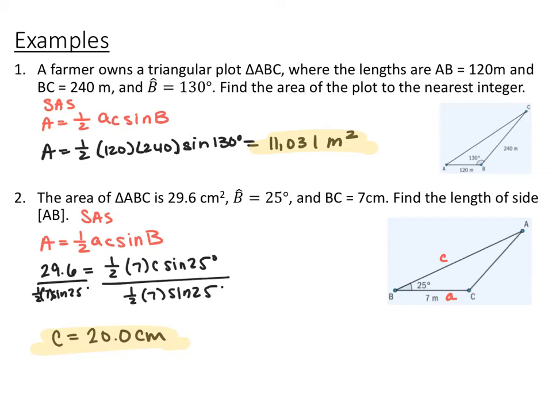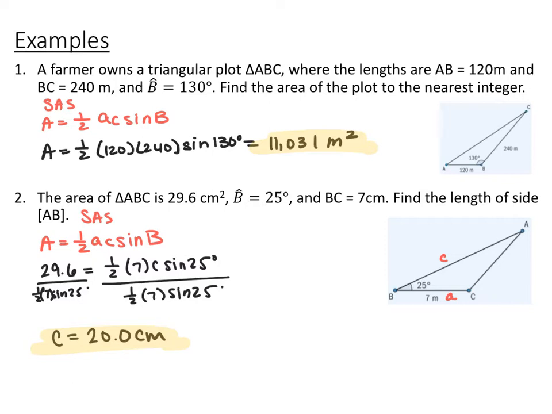In this one, they gave us the area and they want us to find the missing side. So I set our area equal to our area formula. We have a side angle side triangle, so we have 1/2 side A, which was 7, side C, which is what we're solving for, times the sine of angle B, which is 25 degrees. Then I divided both sides by 1/2 times 7 times sine of 25 degrees, and got that our missing side is